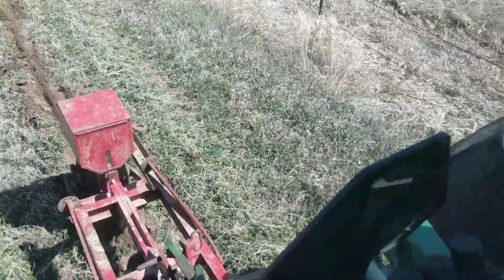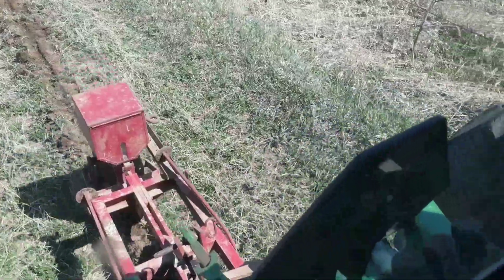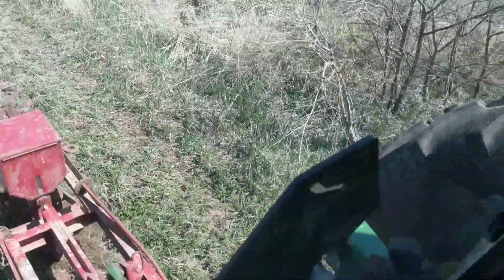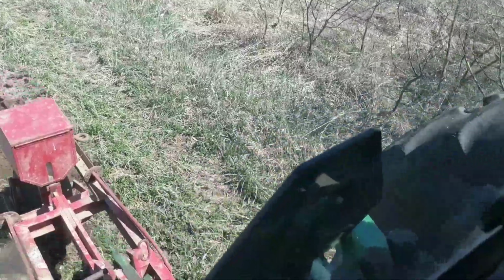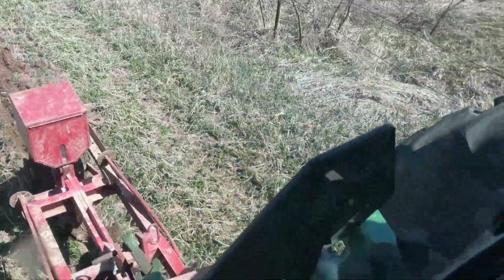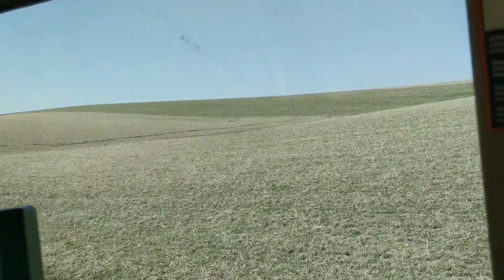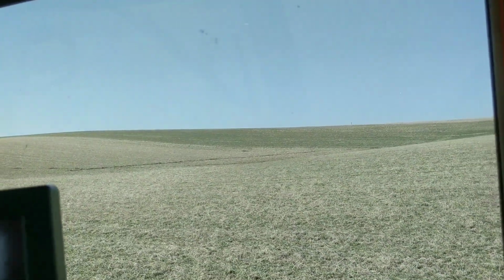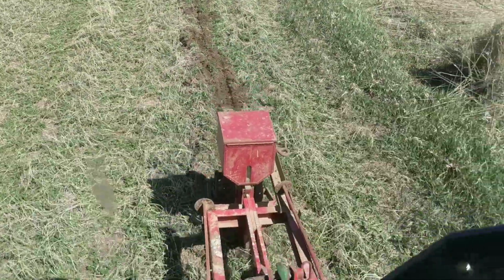I'll probably just make it stretch all the way along here, since I know they're in the ditch. I mean, that's where you always see them coming from. Those piles are always along the edge of the field first. So there's some over there. I think I got one, maybe two gophers in here. Judging by the runs, I think one gopher makes a run, so